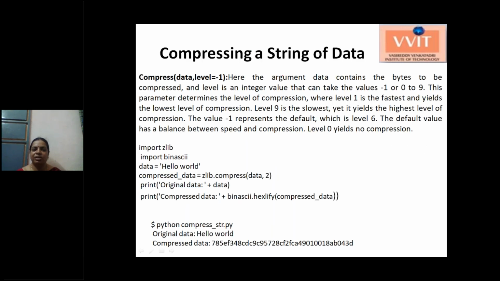Next, compressing string data. So I want to compress string data. Here, once after compressing the data, you can observe the information is a combination of numbers and alphabets. You cannot view the actual data in the compressed data, so we can see different data, but it is not readable. So we can assume that this is the compressed data, which takes very little size compared to the actual string.